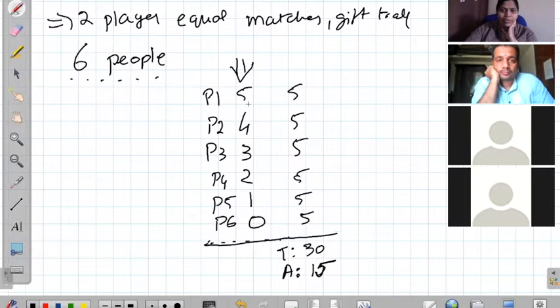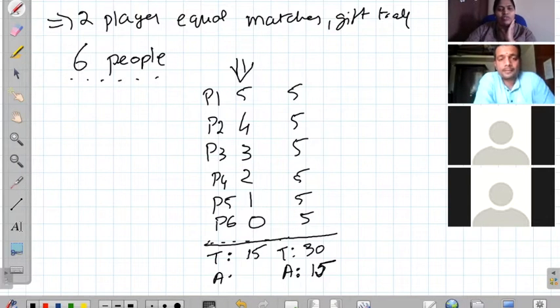So in this case, if player 1 has played 5 matches, 2 has played 4, 3, 2, 1, 0, the total, if we just add up all these, comes to 15. So the total of matches played by each person is 15. What is the actual number of matches that have been played in the club that day?